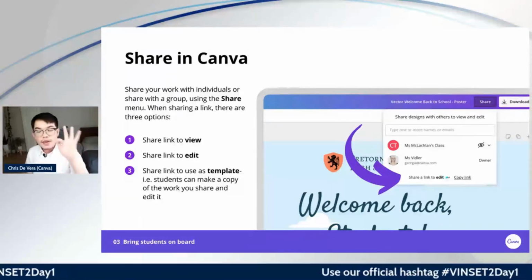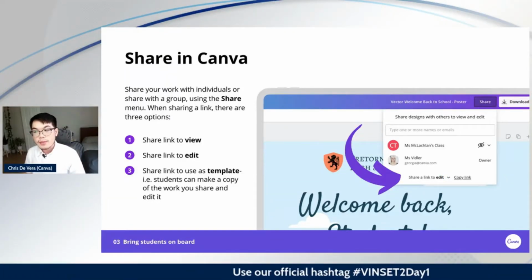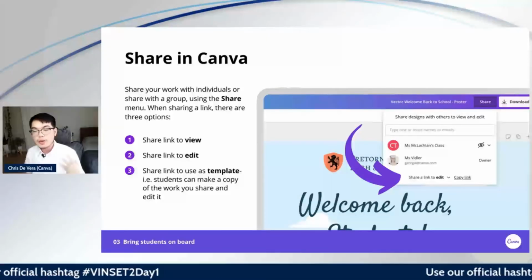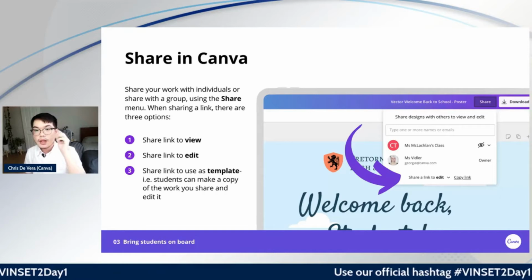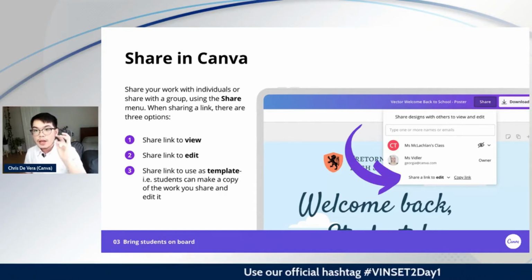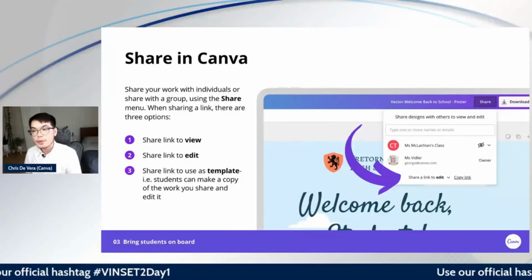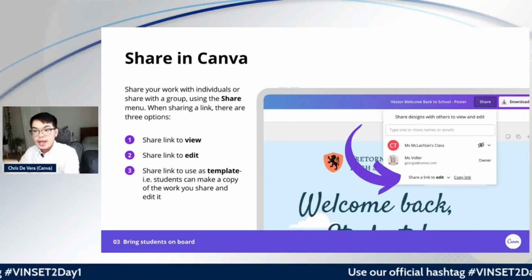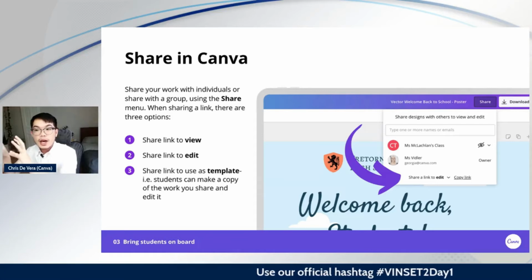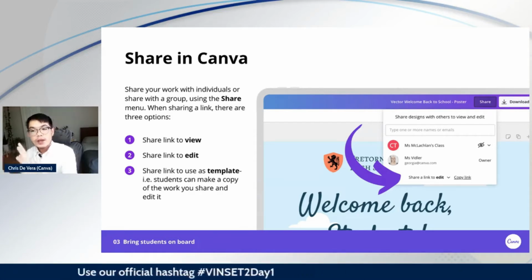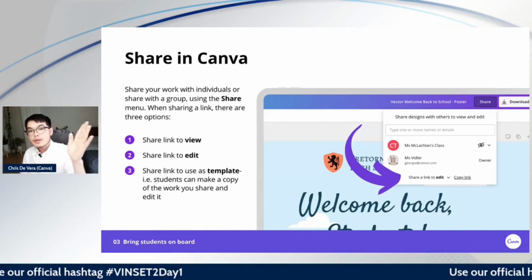And then the last way, the third way, which is the most unique, is to share a link as a template. It's a bit self-explanatory, but what it means is when you share the design as a template, you will automatically create a copy for whoever student will open the design. When you share the link with them and they open it, it will open in Canva, and it's already a duplicate copy of your original design. That way, they can edit it, but it will not